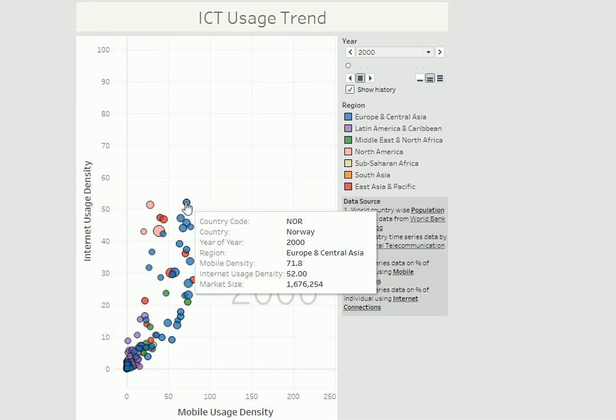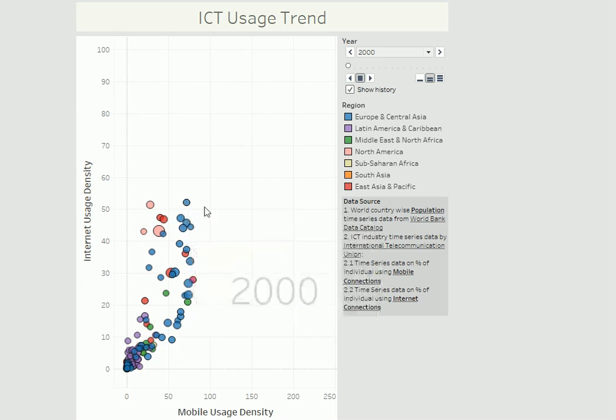We will come to that how we have computed this digital ready market size in our next section. And these blue dots are the European countries. Then we have Latin America with the magenta color. We have green for the Middle East and North Africa. North America is represented with a pink color. Sub-Saharan Africa with a lime green or lime yellow color. And then we have South Asia in orange, and East Asia and Pacific, which includes Australia and New Zealand, in red. And now let's see this beautiful